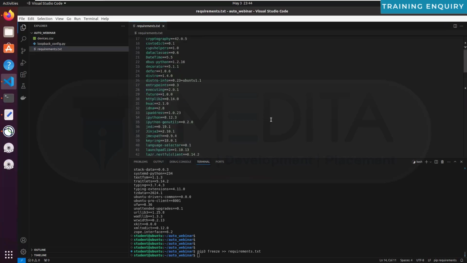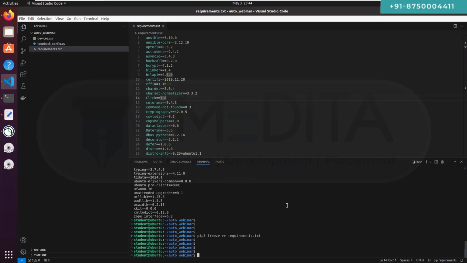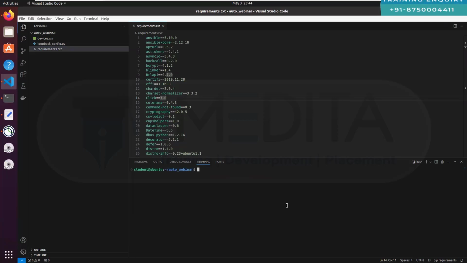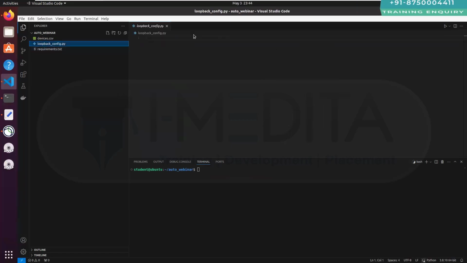So Ansible can be installed separately. Ansible can be installed in the form of a pip3 library as well, because Python and Ansible can work in an integrated manner, and that's why you can see it's been there. That is a separate discussion, not now. So let's start with our